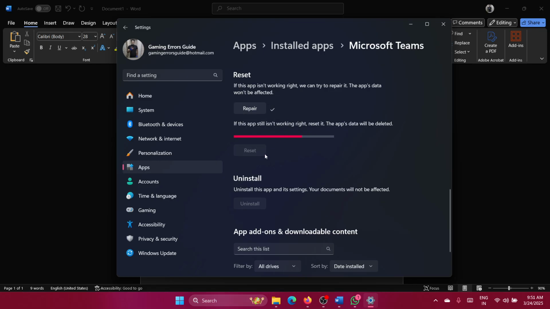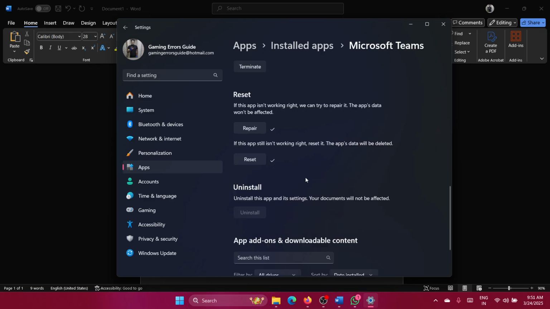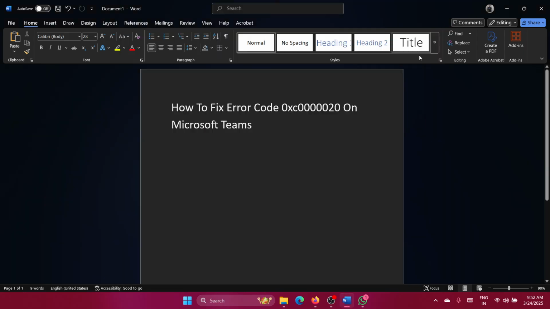So you'll also have to make sure that you get a tick mark here. This is the maximum that you can do because the uninstall button will be grayed out. So practically Microsoft does not want you to uninstall and reinstall it. And once this is done, basically you have repaired and reset Microsoft Teams to default, and in most probability this